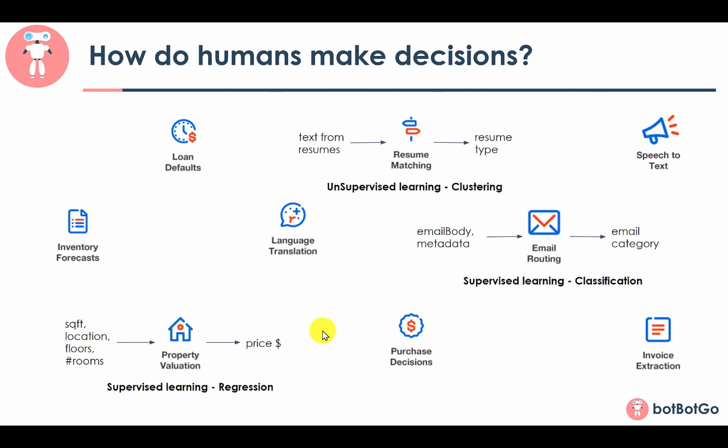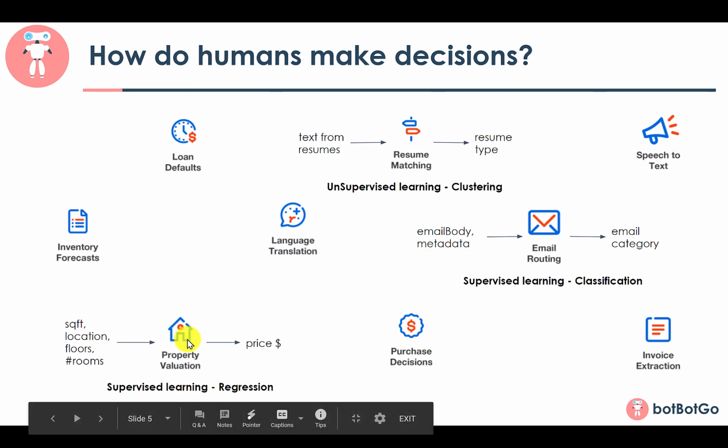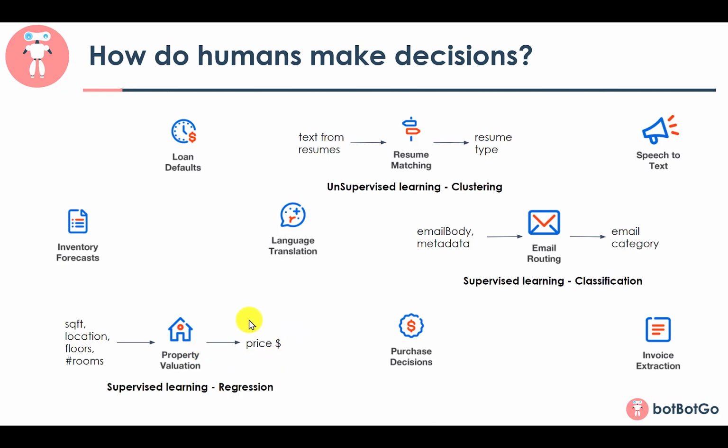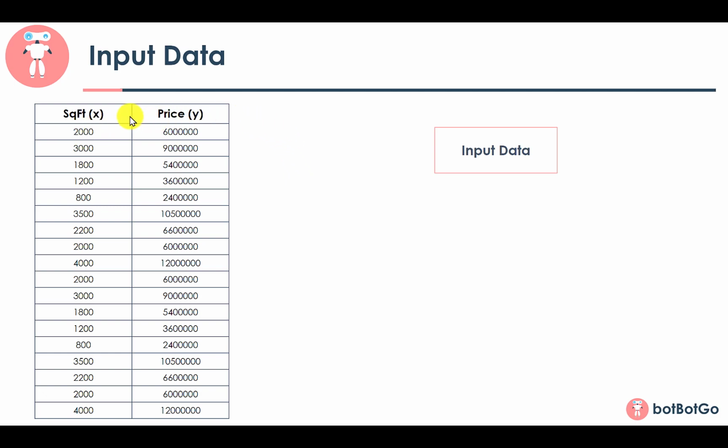to train them, let's have a deeper look into how these inputs are being made and how a model is being trained. For that, I will take property valuation as an example, and I will consider that size is the only parameter needed in order to predict the price of that particular property. I have some random data here, wherein the first column is the size in terms of square feet, and the second column is the price. Since the size is the input, I have taken it as X and price as Y. And now we'll see how to use this data in order to make a machine learning model.